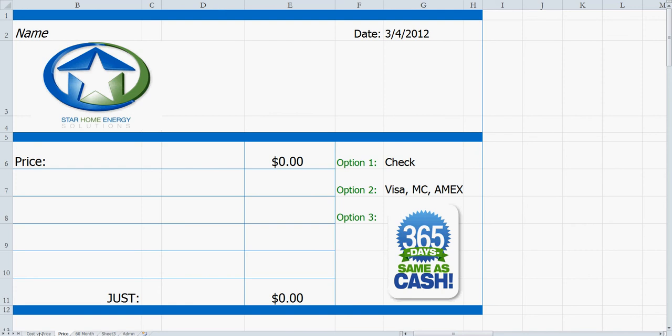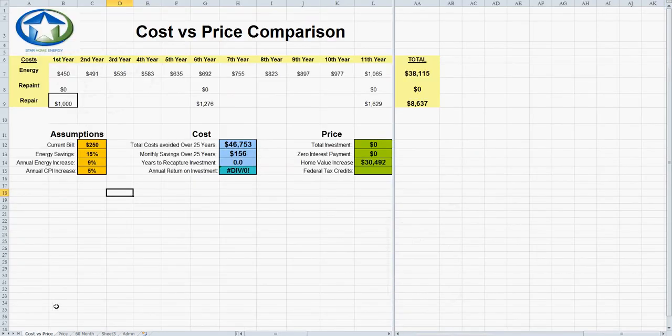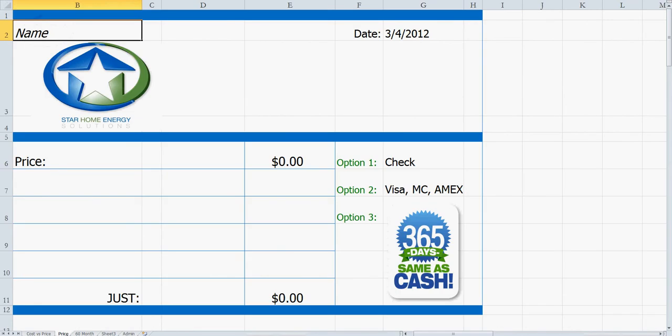There's this one that says cost versus price. This one here we're actually not going to use, or I'm not going to explain a whole lot here. We'll use it, but I'm not going to take a whole lot of time with this. This is something that's best to be looked at and taught in a face-to-face training class. So what we're going to talk about are these tabs at the bottom. You've got price, 60-month, sheet number 3, and I'll explain why we call it sheet 3, and then we've got